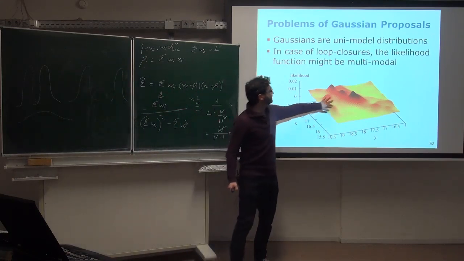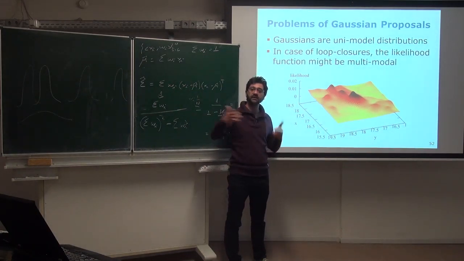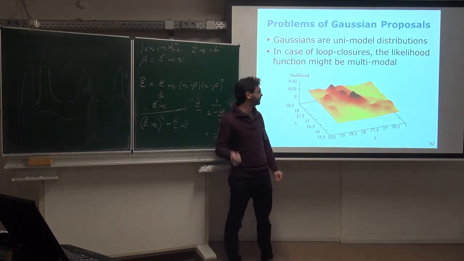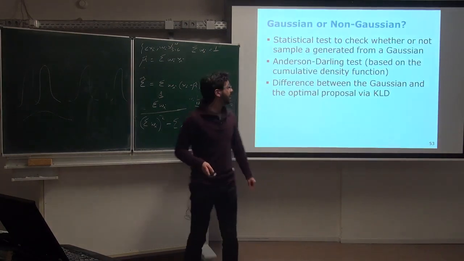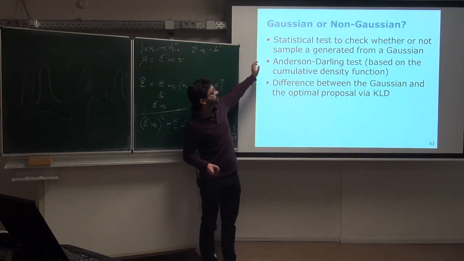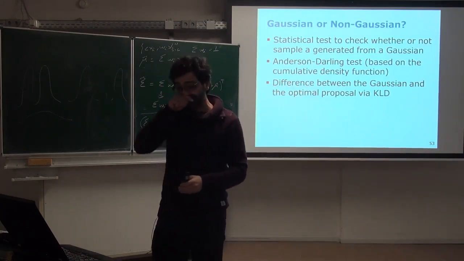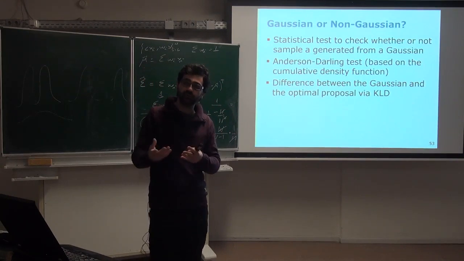And this is what you can see. For instance, you have a very long trajectory, and then you might end up in different rooms of the same environment or so. So you will have a lot of different modes where you could be. Now, the problem is that the Gaussian assumptions fail in these cases, and we try to analyze how often this assumption holds